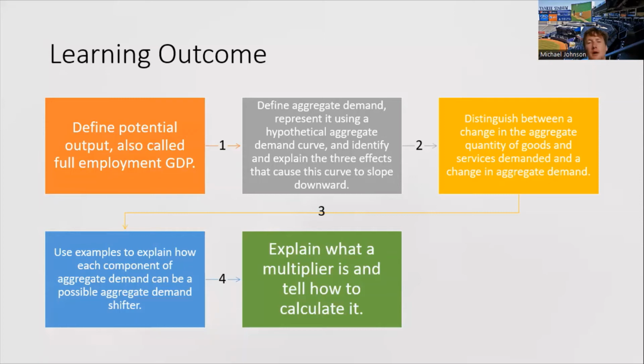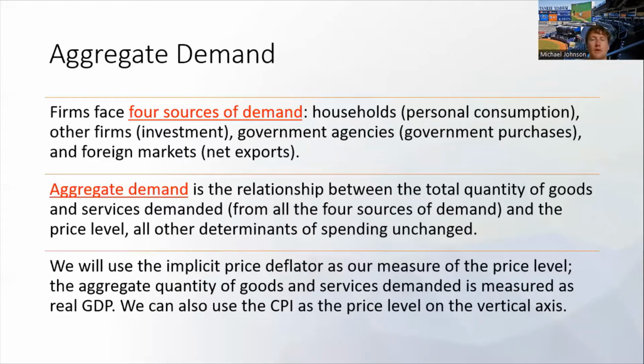Explaining the three effects that cause this curve to slope downward. Then distinguish between a change in the aggregate quantity of goods and services demanded and a change in aggregate demand, and the multiplier. So firms face four sources of demand: households, personal consumption; other firms, investment; government agencies, government purchases; and foreign markets, exports. Aggregate demand is the relationship between the total quantity of goods and services demanded from all the